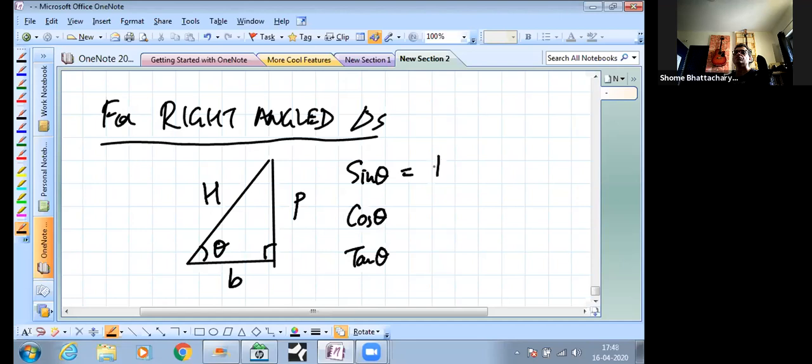Now, that is our definition of sine, cos, and tan. That this is the ratio of perpendicular upon hypotenuse. This is the ratio of base upon hypotenuse. This is the ratio of perpendicular upon base. But you can see over here that because it's a right angle triangle, theta has to be less than 90 degrees, because one of the angles is already 90. So the sum of this angle and the opposite angle, this one, is actually equal to 90 degrees. So that means each angle has to be less than 90. So then where is the question of theta being 120 degrees or 150 degrees and all that?